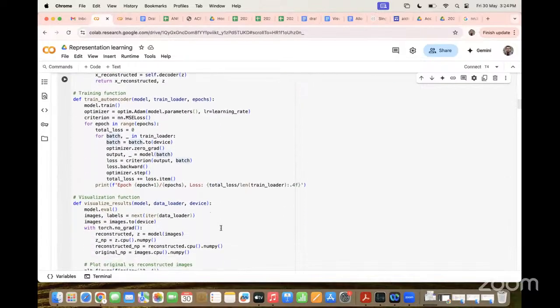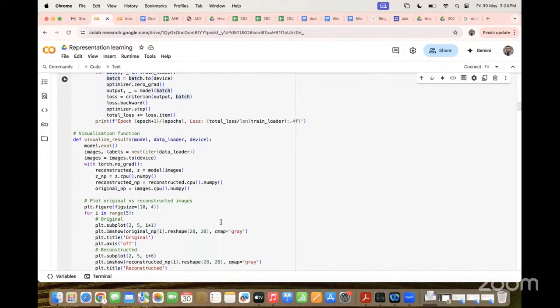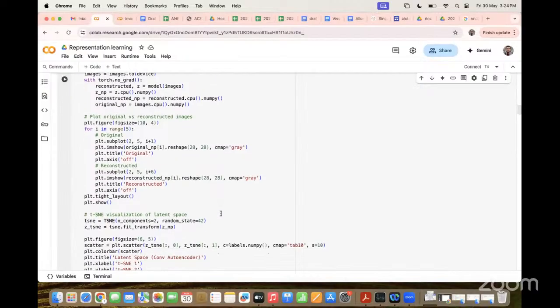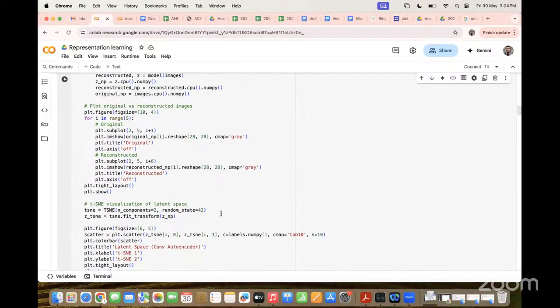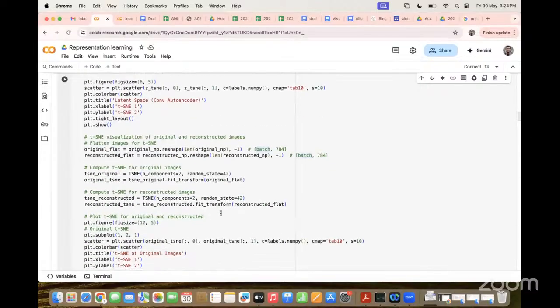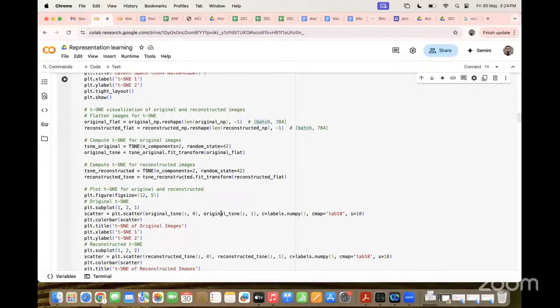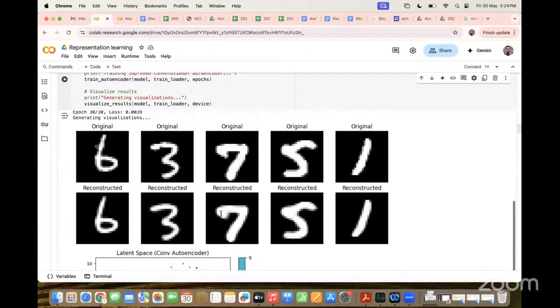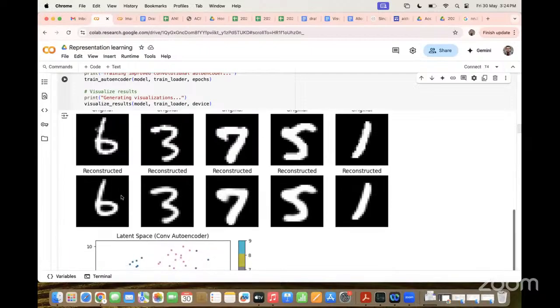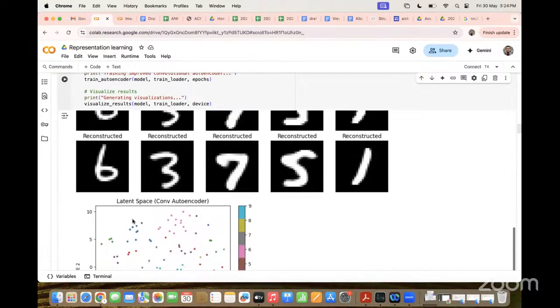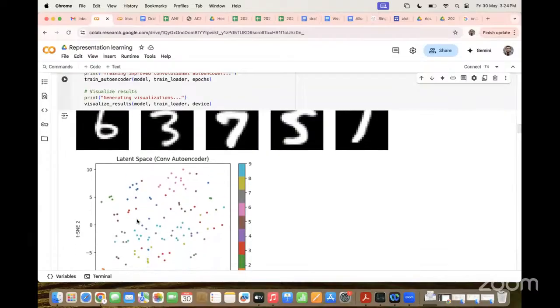Okay, this is our first part. Now you can try it. So we are visualizing the input image and then reconstructing the same image. Also, this is a latent space. It's a 128 dimension vector per sample.